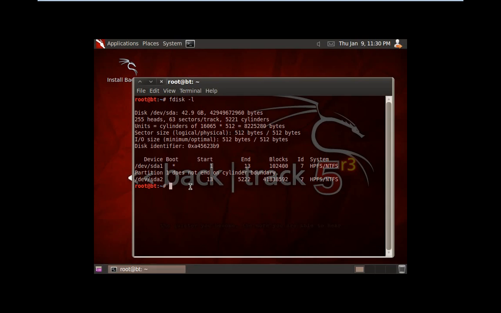Before mounting this drive, we'll create one directory: make directory mnt C drive. C drive is just a folder name, just to know whether it is the C drive or not. We'll mount this, and the command is mount ntfs, the drive name, dev sda1, to